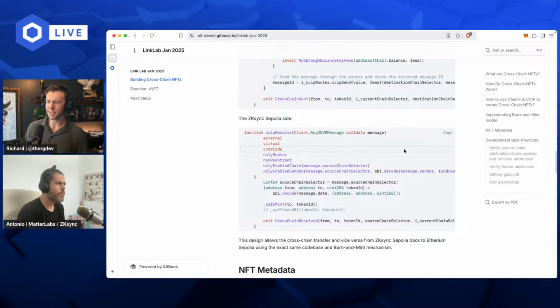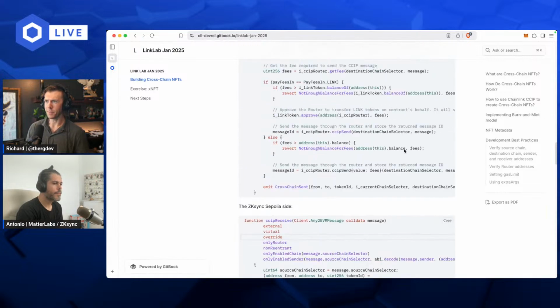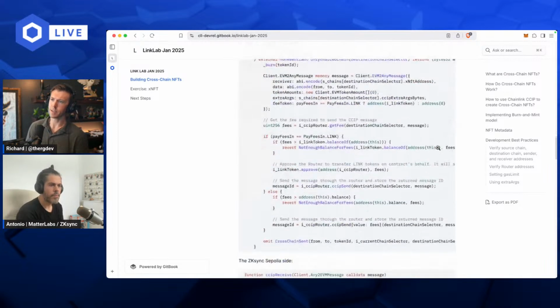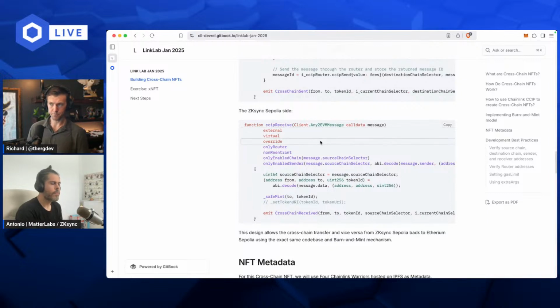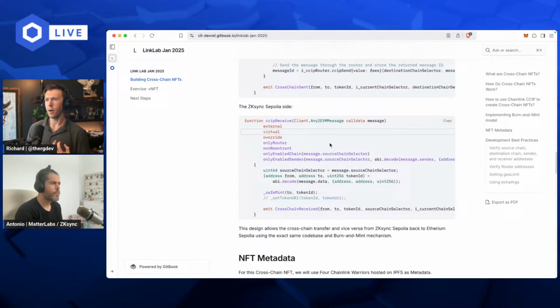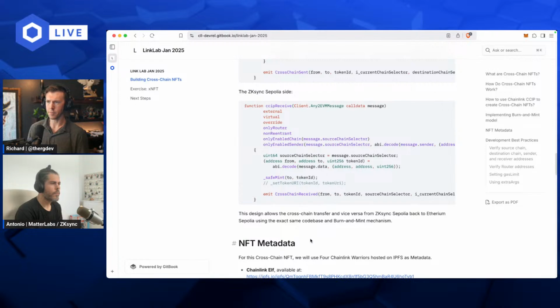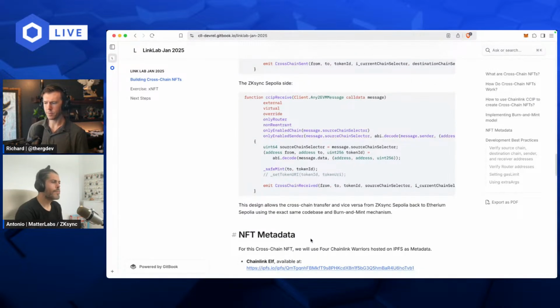So on the ZKsync Sepolia side, right? On Ethereum, we send a message to CCIP. That's what we see up here, right? So we have our router that we're sending it to. So it goes into CCIP. Once it goes through CCIP, everything in the transaction reaches finality. We get to the router on the ZKsync side, and then we'll be sending a message into our contract on ZKsync with this function, CCIP receive. So again, it'll take in that message, and from here, we'll get the from and to address and the token ID, we'll mint our token, and emit another message. Cool. I think we're good. I don't see any big questions in the chat,